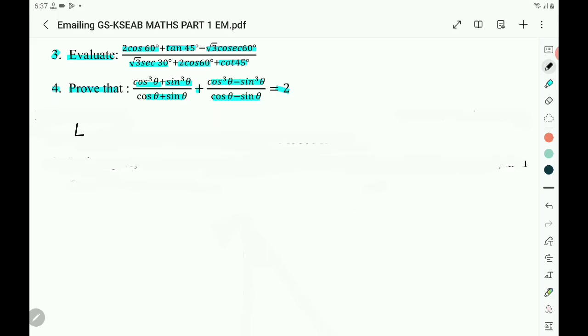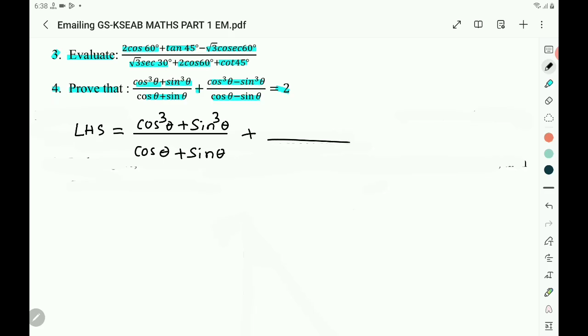LHS equals cos cube theta plus sin cube theta by cos theta plus sin theta plus cos cube theta minus sin cube theta by cos theta minus sin theta equals,